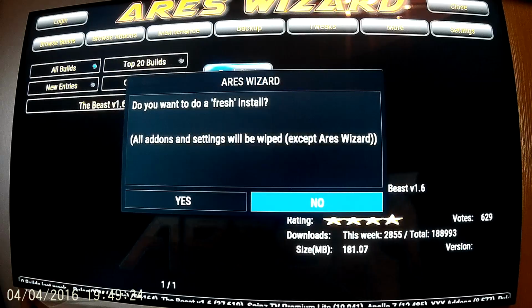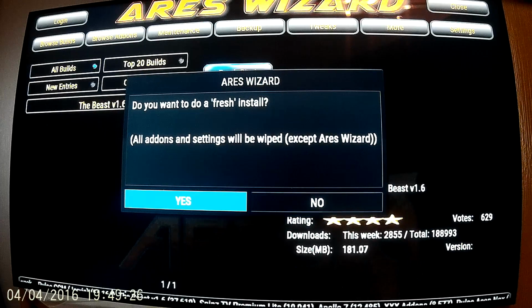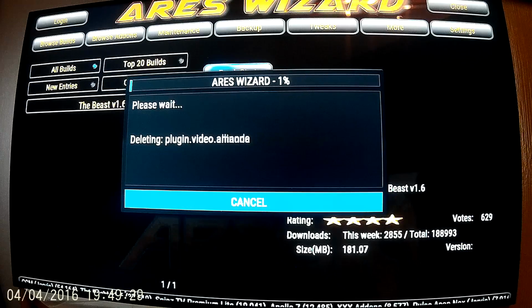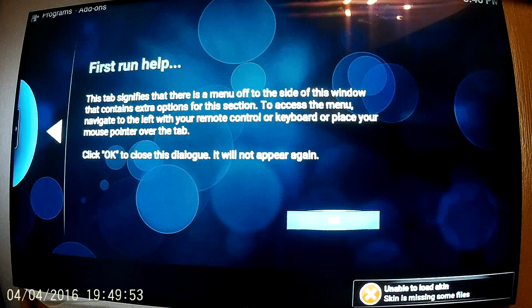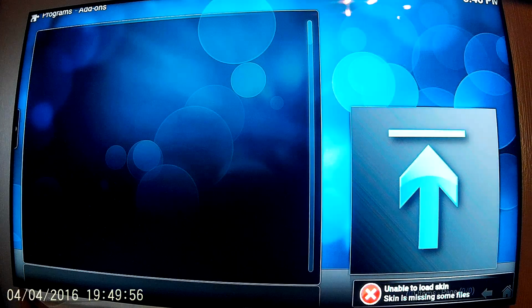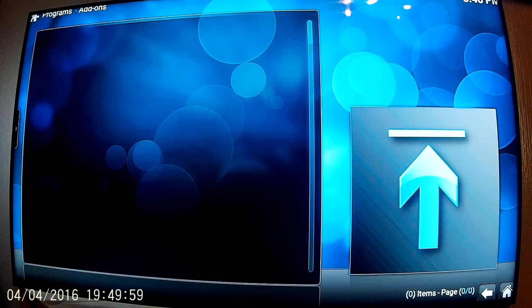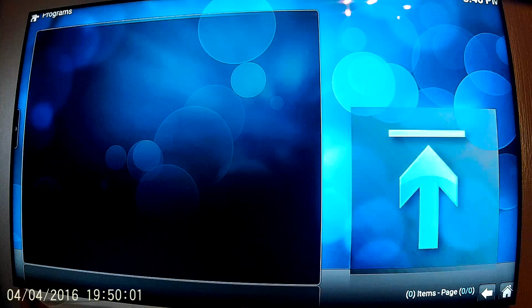What this does is take off the Beast, or take off the Pulse, and leave the Iris Wizard on there. Now with the Iris Wizard still on there, you can install anything you want. Usually it only takes about a minute to uninstall it all. It's at 1% now, but it usually just flies by in a second or two. There you go. Right, and that's the Beast off. So if you click your back arrow,